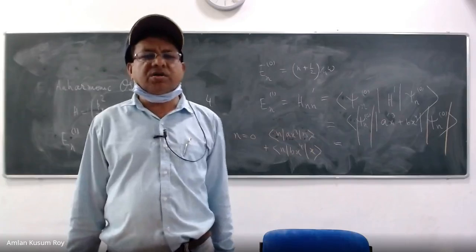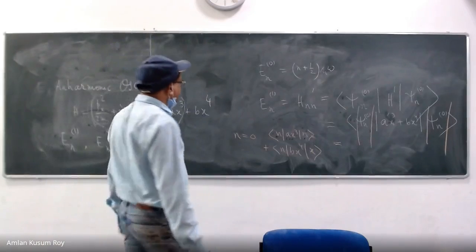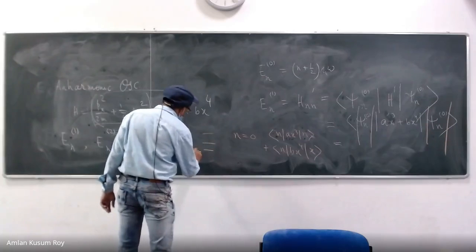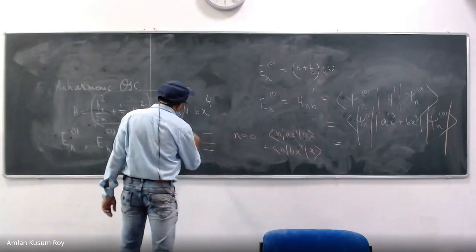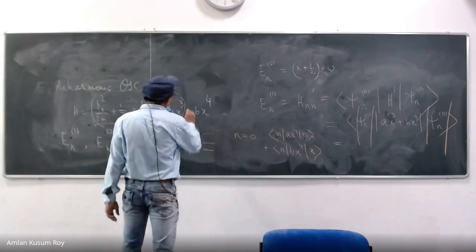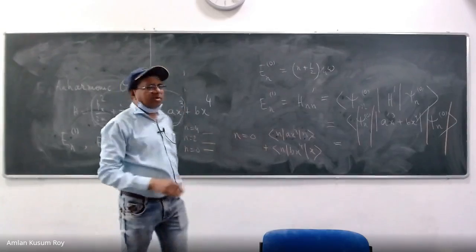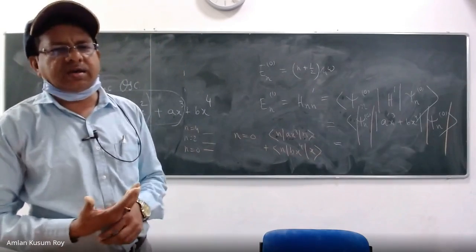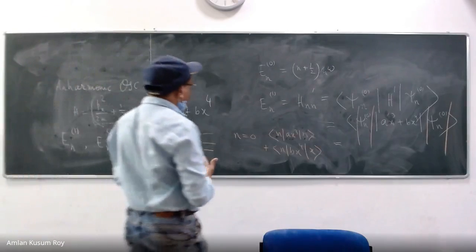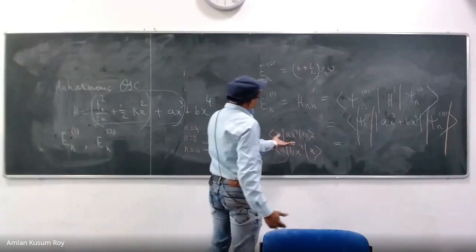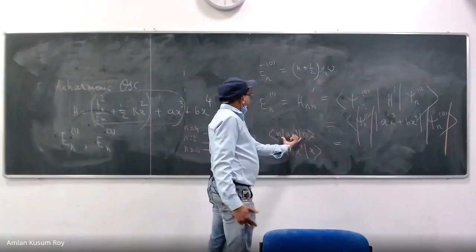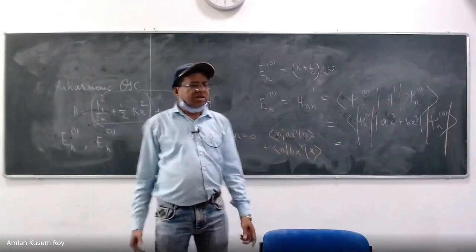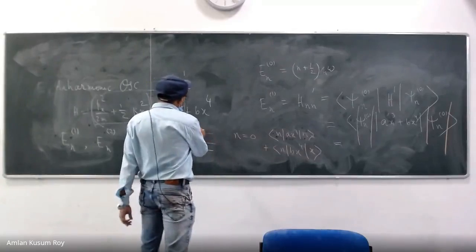Overall function is odd. So by symmetry, you can say that for even n, suppose n is equal to 0, n is equal to 2, n is equal to 4, and for all these n's, you could keep on doing integration. But nature has told that it is not needed, it is 0, you have to understand, right? So there is no point in doing this integration because you know that by symmetry this integration is 0. Chalo, this was for n is equal to 0 to 4.